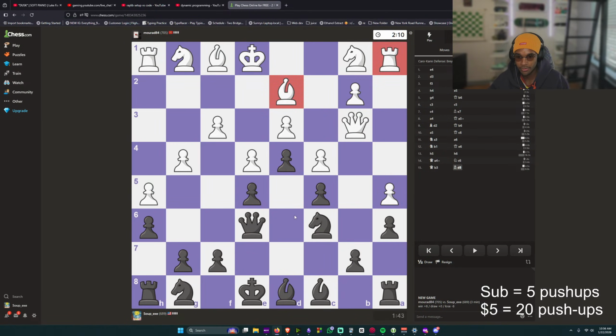So one, two defenders. We have one, two attackers. Now he has three defenders.